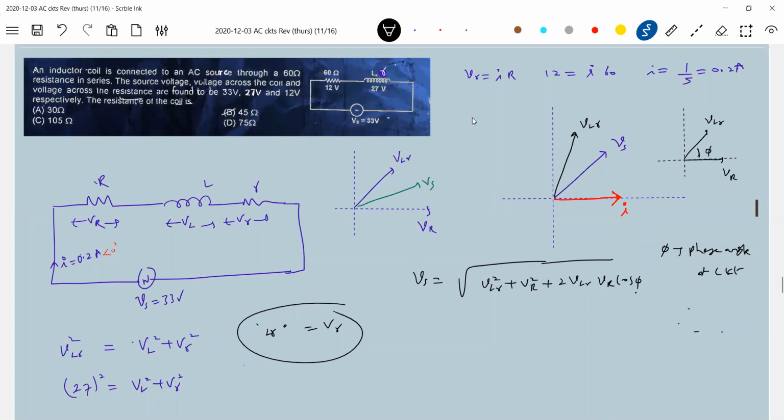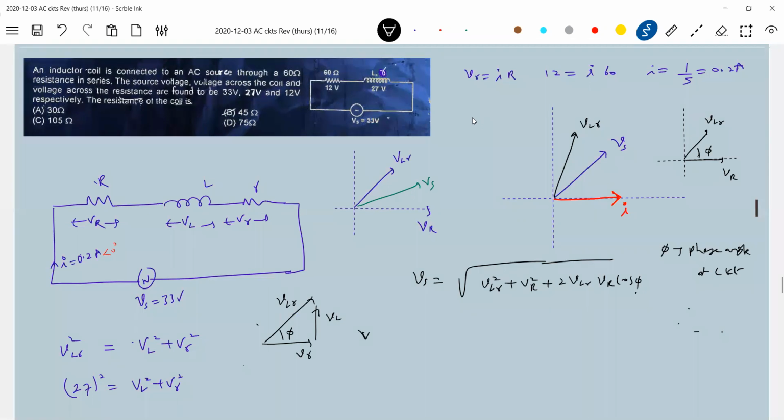Okay, we'll do one thing. I think you're drawing only the RL circuit for that one, no? Only for that second coil and resistance. Yeah, that one. I'll do one more vector diagram. So it is for this one, because the phase angle of V capital R and V small r should be same, no?